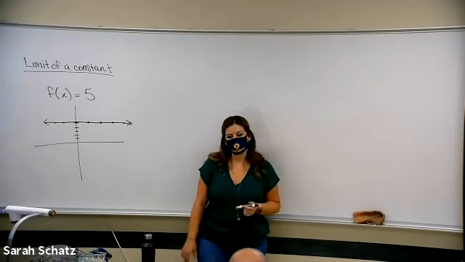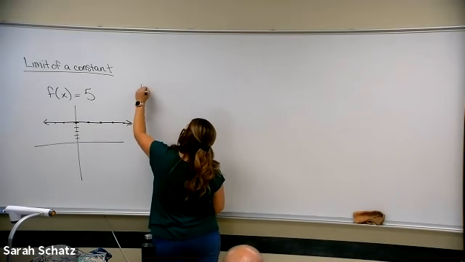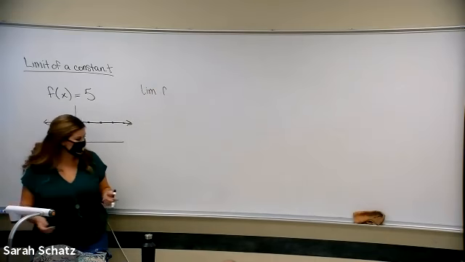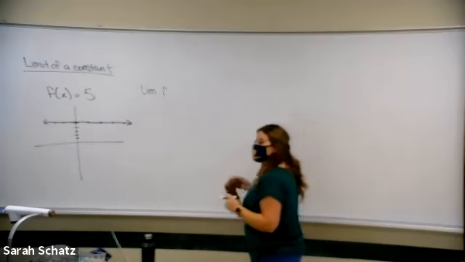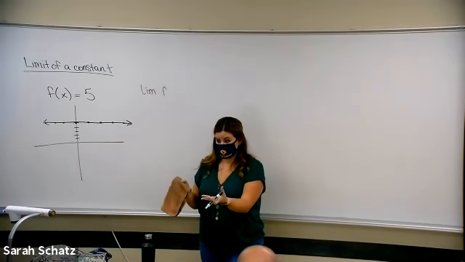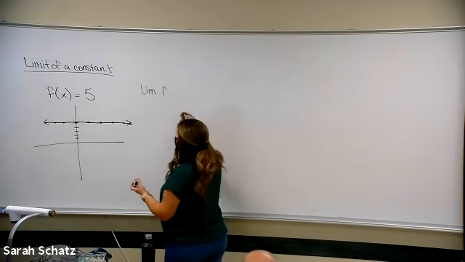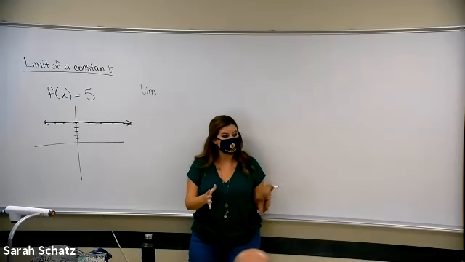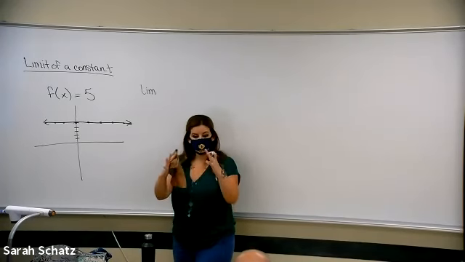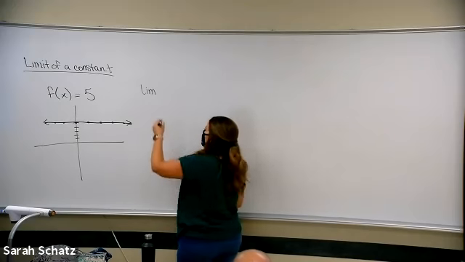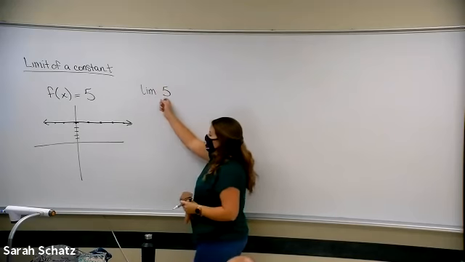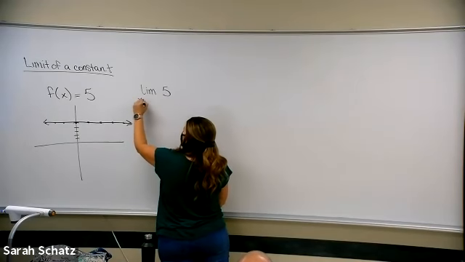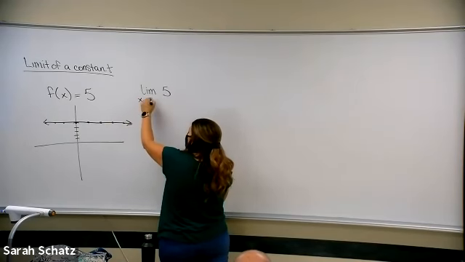Let me ask you to find the limit of something. I actually labeled my function, I don't have to call it f of x this time. So you guys, this is the first time we've actually had a function with an equation attached to it, right? When I just draw a picture, I just call it f of x. This is an actual function, the function equals 5. So when you write your limit notation, you put that whole function in there, and I know it's just one number. So I would say the limit of 5, the limit of this function, that's just a 5. Let's go as x approaches 2.